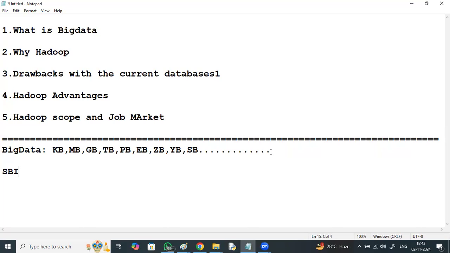Within the entire country, lakhs of branches. Again, in each branch, millions of customers. Each customer makes multiple transactions per hour, per day, per week, per month, and year, right? Each and every transaction has to be stored. You can see huge data is getting generated, right?